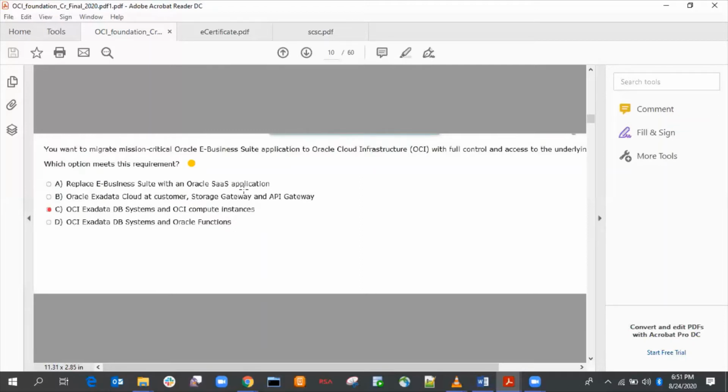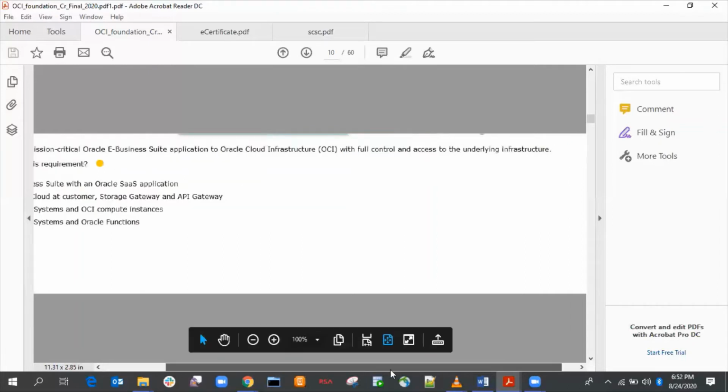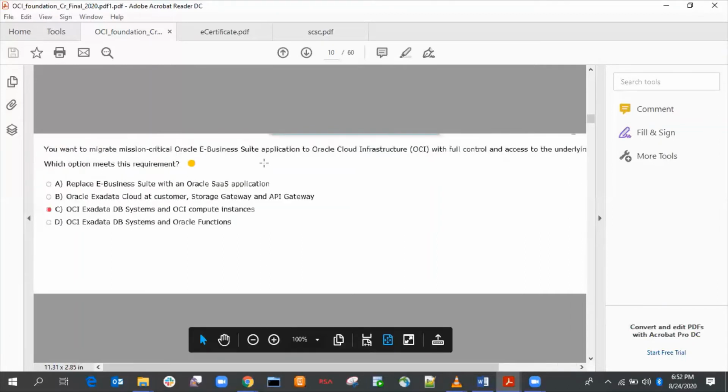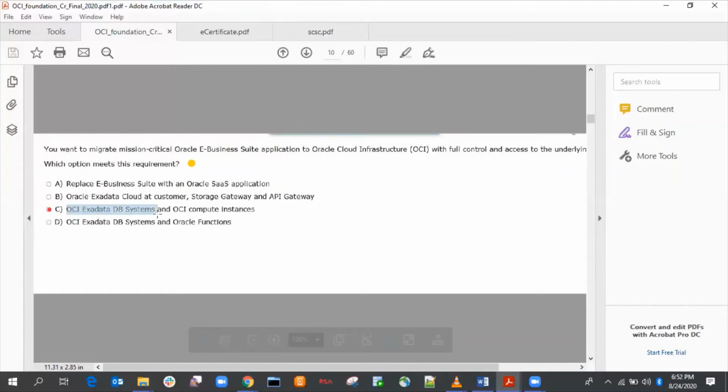You want to migrate a mission critical Oracle E-Business Suite application to Oracle Cloud Infrastructure with full control and access to the underlying infrastructure. Which option meets this requirement? The answer is OCI Exadata System and OCI Compute Instance.